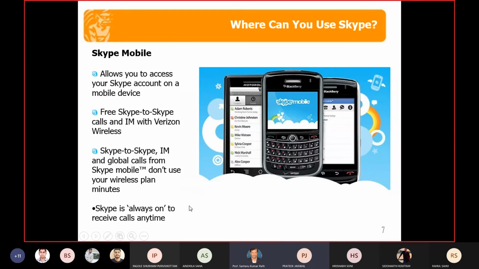Skype mobile, like we know web app and Android app. The same way, when Android was not in the picture, before 2006, when we used Motorola, BlackBerry as our premium cell phones. That time a Skype account on a mobile device was created, and then you would use Skype to do messaging and different kinds of other things. It uses IM with Verizon